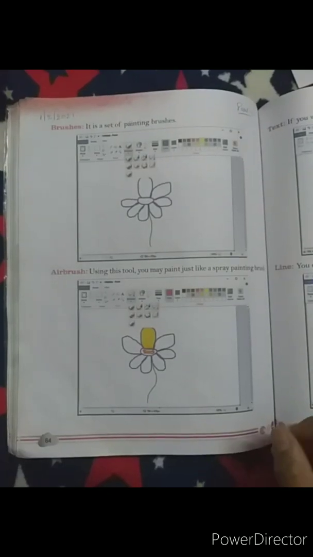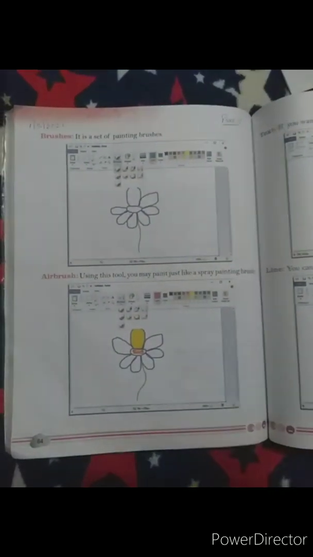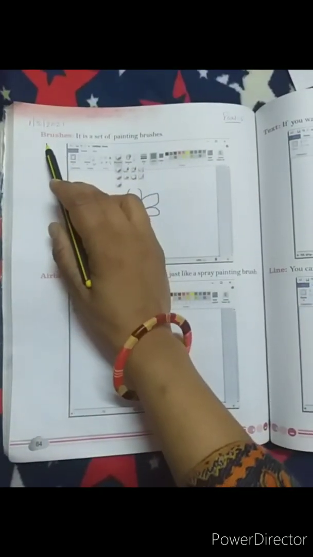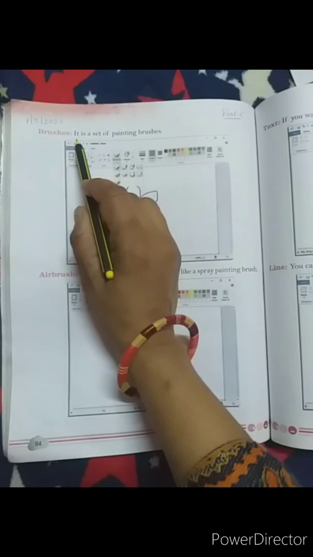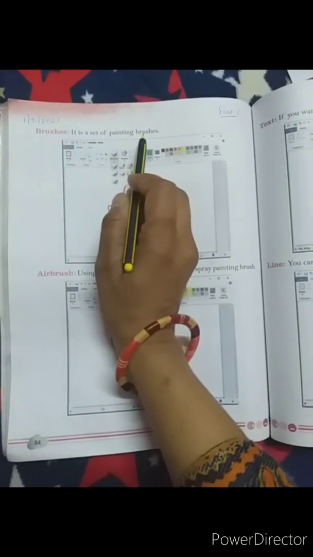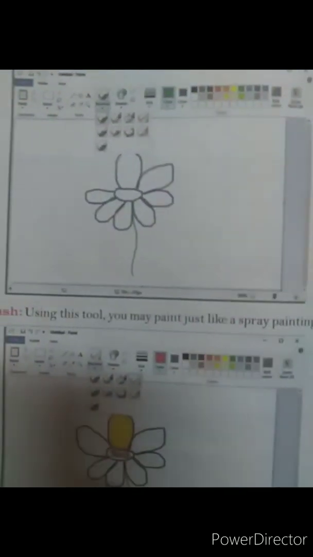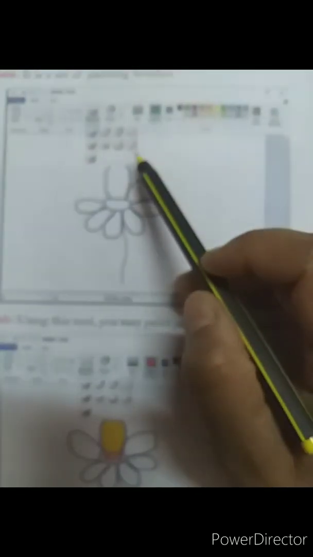Now students, today we start a new point, that is brushes. It is a set of painting brushes. See in this picture,